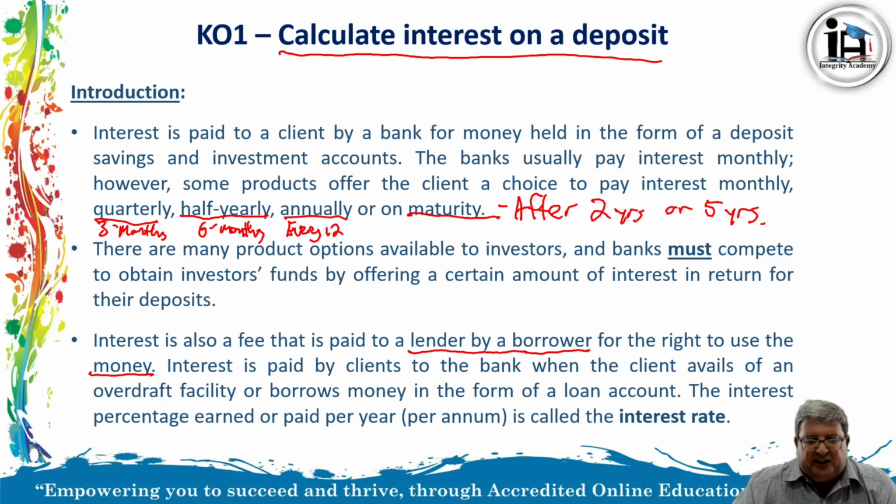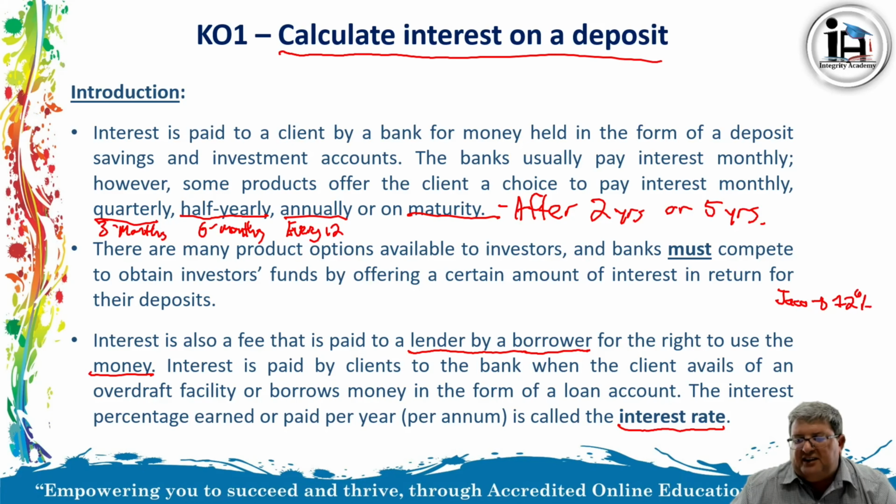Interest is paid by clients to the bank when the client avails of an overdraft facility or borrows money in the form of a loan account. The interest percentage earned or paid per year is called the interest rate. So basically how it works is,